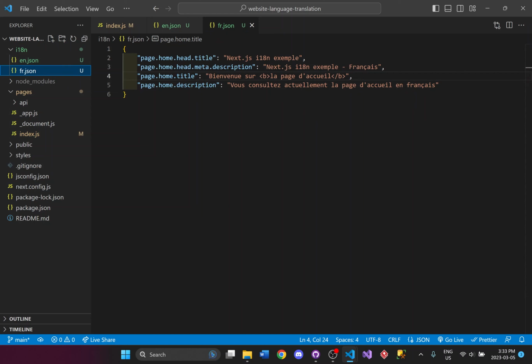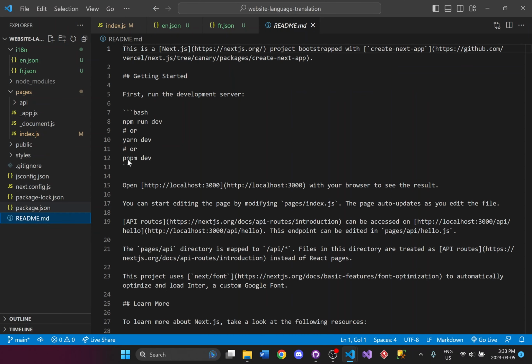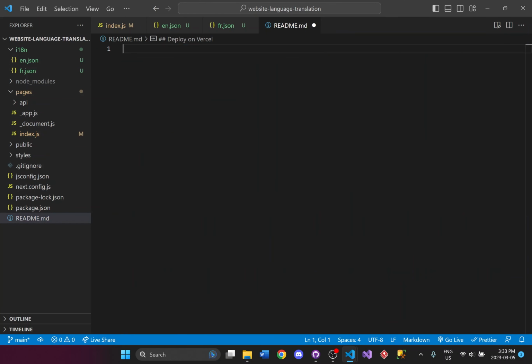The next thing we want to do is we actually do have to install a few packages. So I'm just going to go right here and delete that in the README file so I could show you exactly what we are going to translate. So this is going to be a language translation. And I'll say languages, I'll put English and French. And we need to install some stuff.